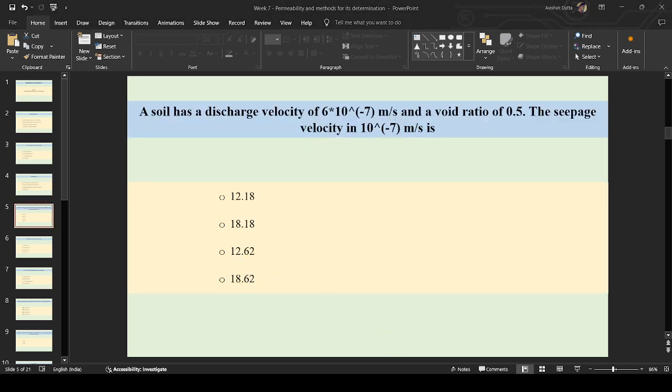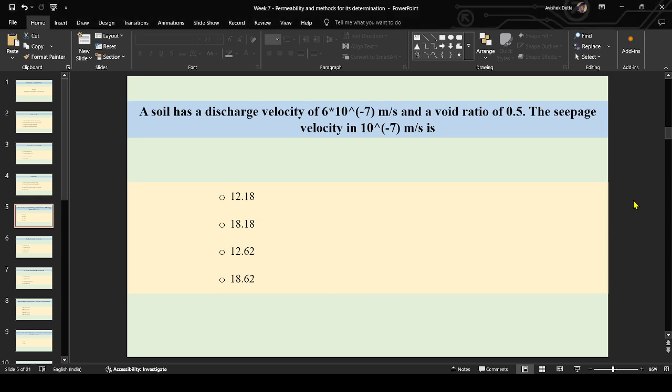Yes, this is a numerical. Write down the data very carefully. A soil has a discharge velocity of 6 into 10 to the power minus 7 meter per second and a void ratio of 0.5. The seepage velocity in 10 to the power minus 7 meter per second is, I repeat, a soil has a discharge velocity of 6 into 10 to the power minus 7 meter per second and a void ratio of 0.5. The seepage velocity in 10 to the power minus 7 meter per second is,